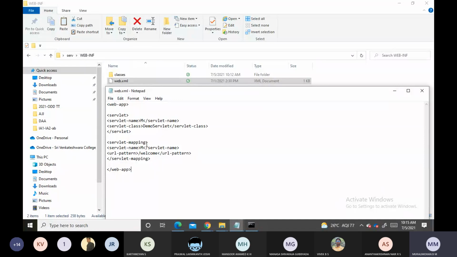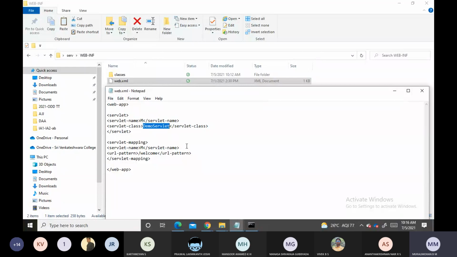The servlet class, based on the class file we are creating, should be changed here. For servlet name, I am giving it as M. It is your wish, whatever you want you can give. The servlet class is the class name which we use while creating the servlet.